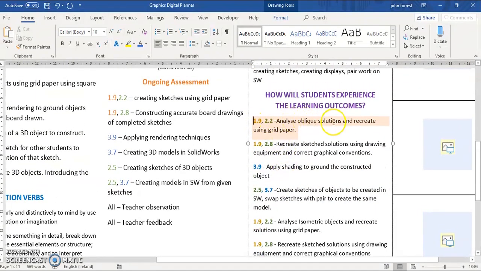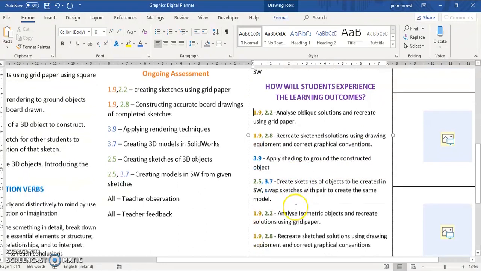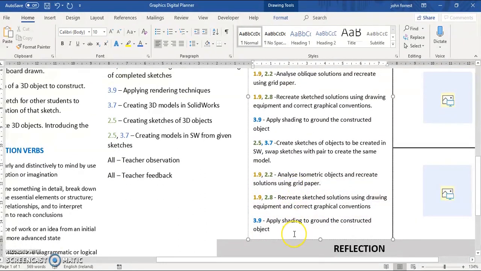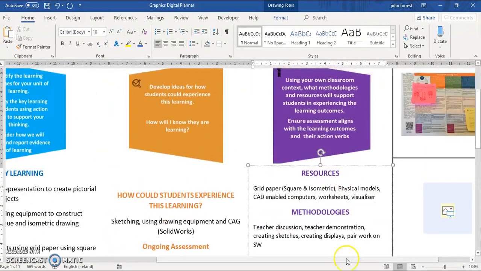1.9, 2.2: Analyze oblique solutions and recreate using grid paper, then moves on to the next point, 1.9, 2.8, where students will recreate these sketch solutions using drawing equipment and correct graphical conventions, which in oblique is the angle of 45 degrees. And then this moves on to 3.9 with the application of shading to ground objects, and so on. This unit highlights the integrated approach of graphics by developing sketching, board drawing, and CAD skills seamlessly in the same